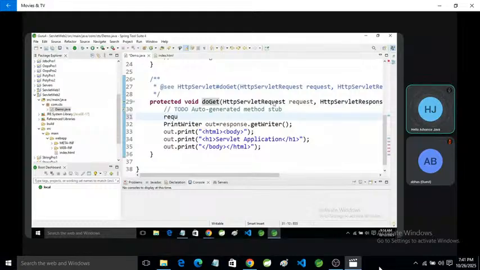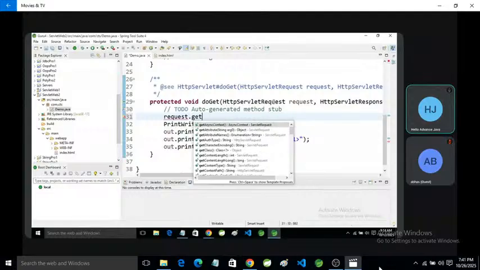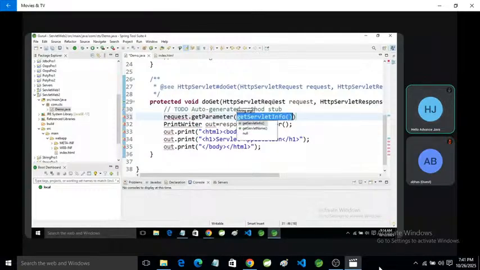So through that request, we can receive the request from the front end or from the user. So request.getParameter, and here declare the variable name like uname. It will return the value of username in string format. So we will save it here in usr.